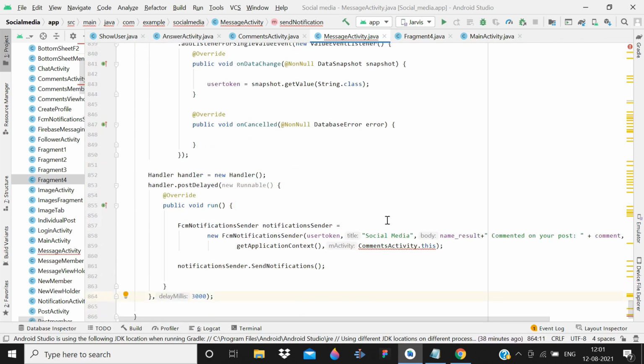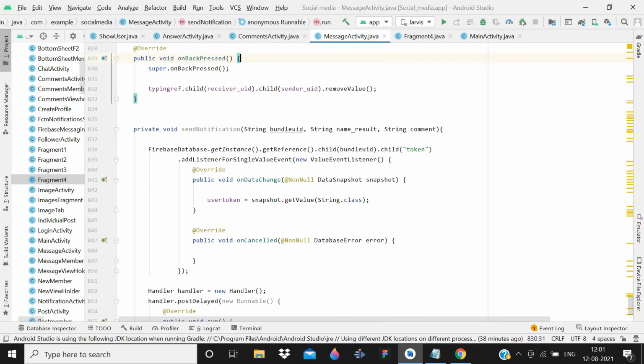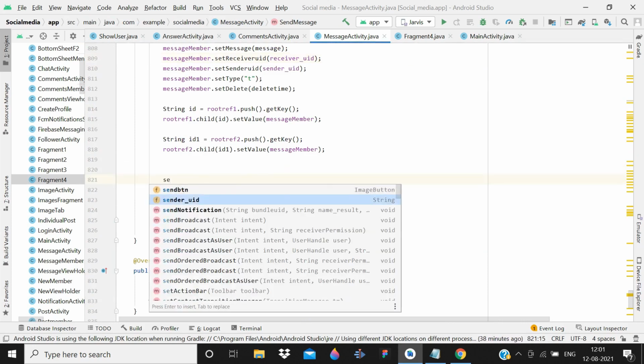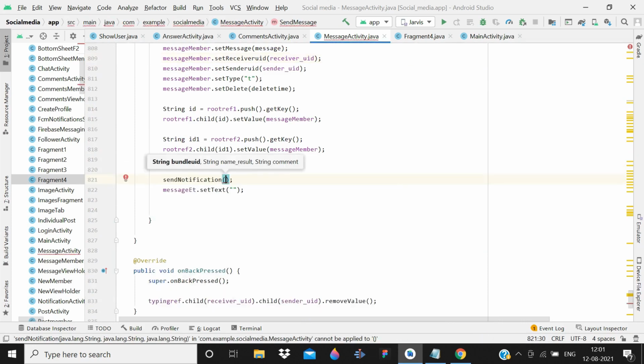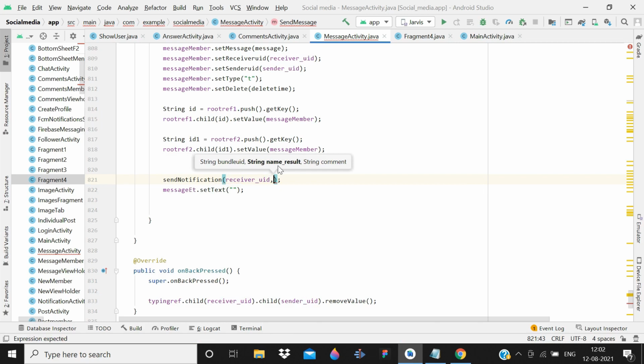Yeah. So after this, here you have to make the message activity dot this. Now here send notification. Now we need to pass the user ID of the user to whom you are sending the message. So write receiver user ID, because the receiver will get the notification.